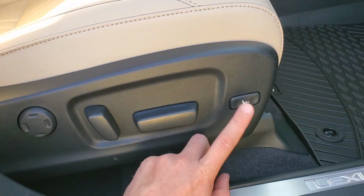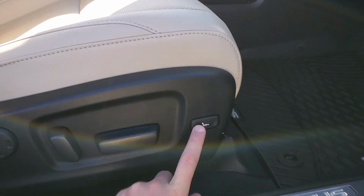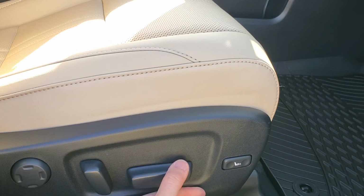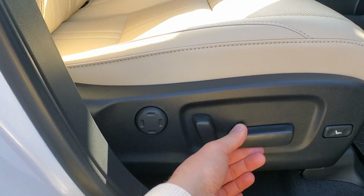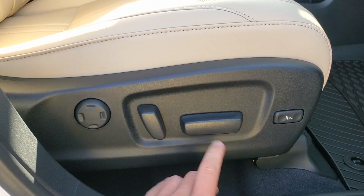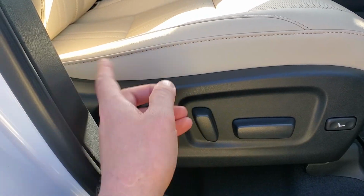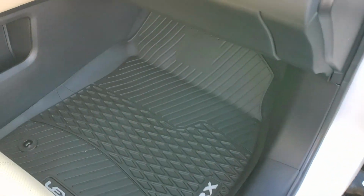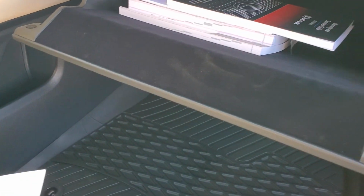Now on the passenger seat, you actually have the full seat just like the driver, so it extends under your knees. The whole seat itself goes up and down in the front or the back. And then you have tilt, forward, backward, and then your lumbar support, forward, backward, and then up and down as well. You can adjust it. You get a little bit of storage down in the side here. This one's got the tray style all-season mats that come standard in the Canadian models. Lots of room in the